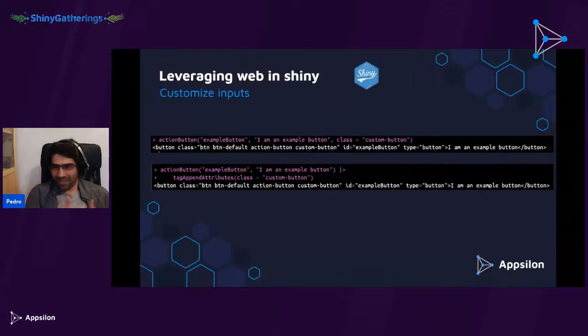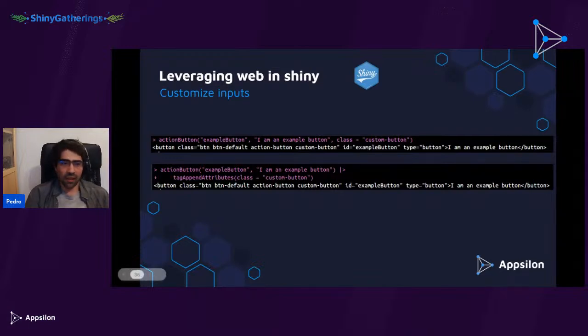Not every Shiny widget is as generous as the action button. So I will leave you with a trick that will work for every piece of UI code, which is this tag append attributes function. It's from Shiny. You can pipe any element into it, and it will let you add any named arguments to that class.